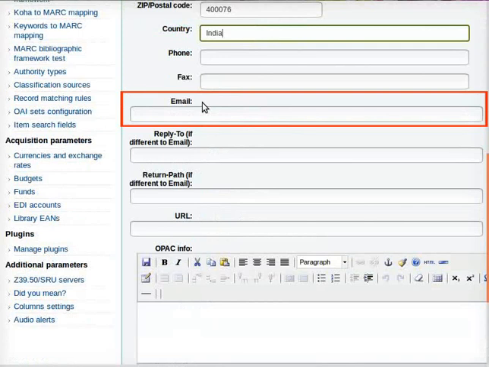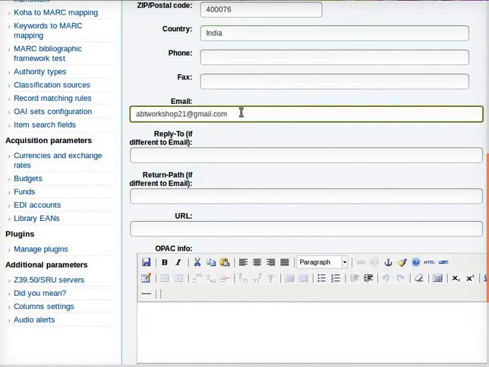The email ID field is not mandatory as you can see. However, it is extremely important to have an email ID for the library you create. This is the email ID from where the notices to the members go to and come from. Gmail ID is preferable as it can be easily configured for sending mail and or receiving mail.